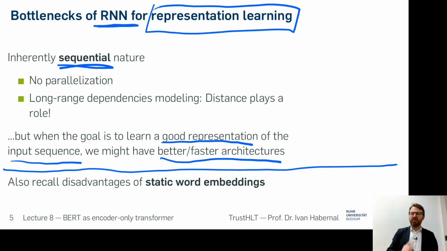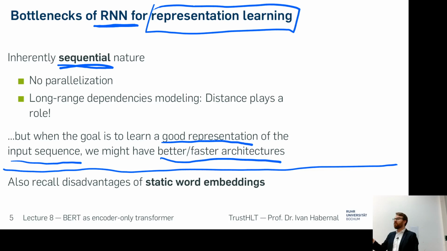Also, what we're going to solve today is not only how to make this fast, or which architecture could be faster than just RNN and waiting for each input, but also that static word embeddings have some disadvantages. And what is the disadvantage of static word embedding? A static word embedding is a vector representation of a word. But what are the disadvantages? You remember one. It's great, you have embeddings for each word, but why is it